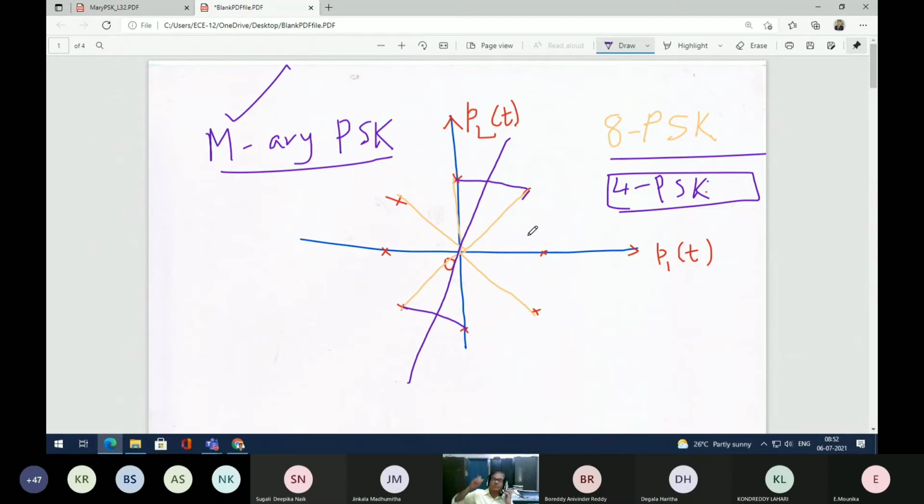Shravan class lo unnaru. Malli maatladna 9:30